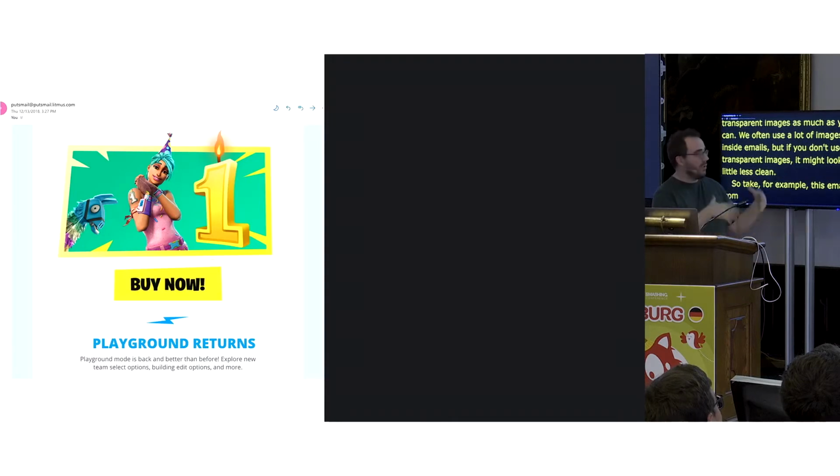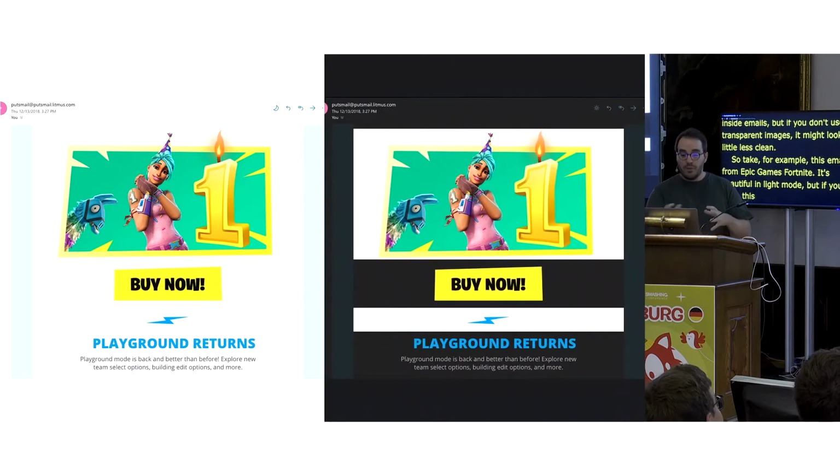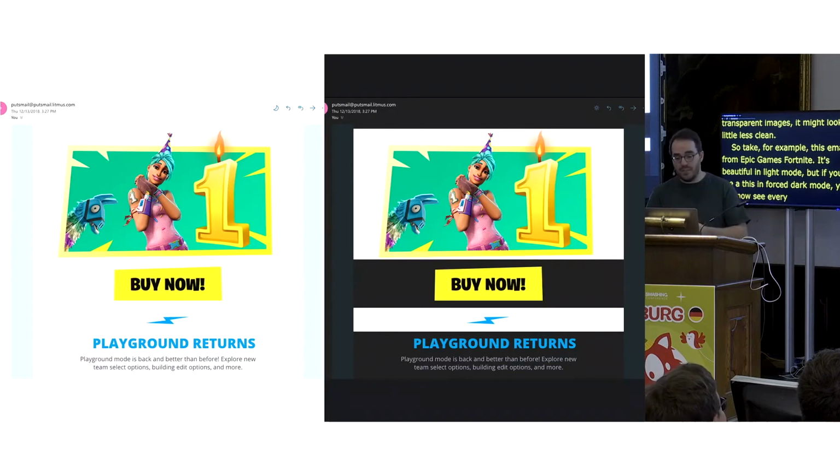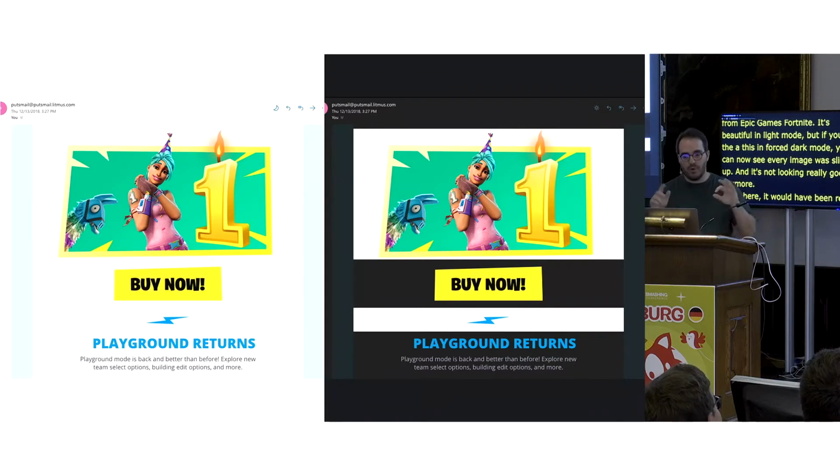It's beautiful in light mode, but if you look at this in the forced dark mode in Outlook.com, you can now see how every image was sliced up, and it's not looking really good anymore. So here, it would have been really great to use transparency for all the borders in the images.